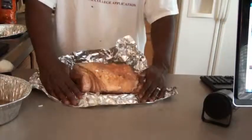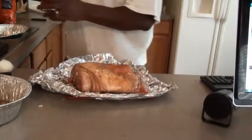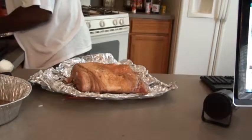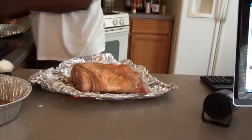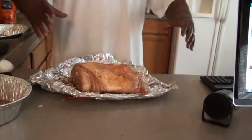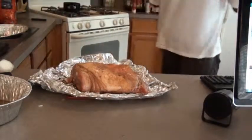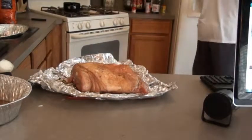Okay. And what we're going to do is do our second coating of seasoning. With our second coating, it'll be more of an outside. What we did previously was for it to soak on the inside, but now we're going to do something for the outside. And what I like to do, it's kind of a known practice,